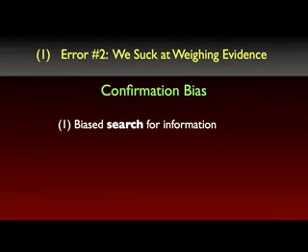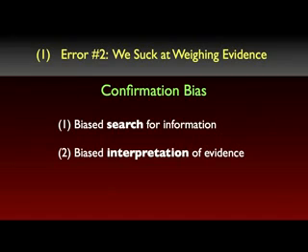Then there's biased interpretation of evidence. This is where you give two groups the same information, the same evidence, but they interpret the evidence differently depending on their prior beliefs. So if you strongly believe some hypothesis, then you'll be inclined to think, for example, that studies that support that hypothesis are well conducted and convincing. But for studies that don't support your hypothesis, you'd be inclined to think that they're not well conducted and not convincing. One way to think of this is that people set higher standards of evidence for hypotheses that go against their current expectations, and they have lower standards of evidence for those that support their expectations.